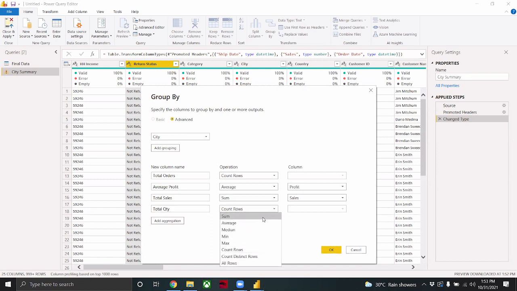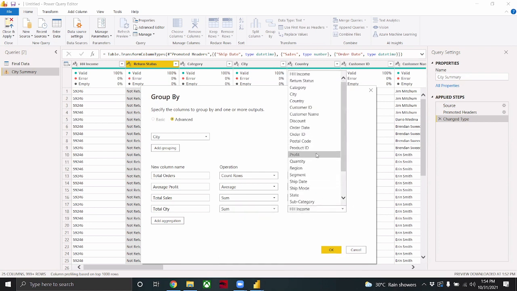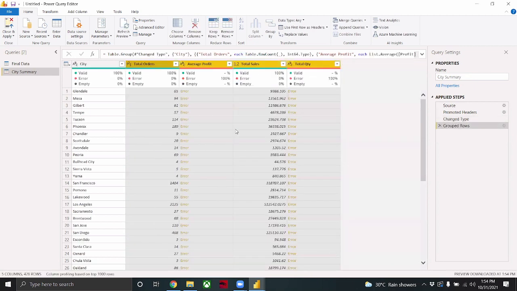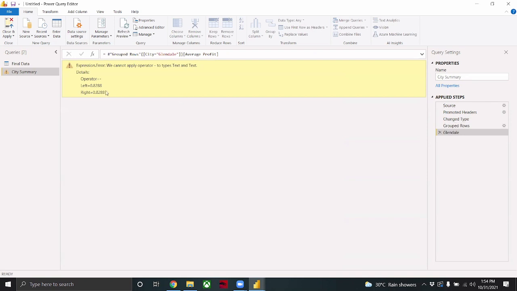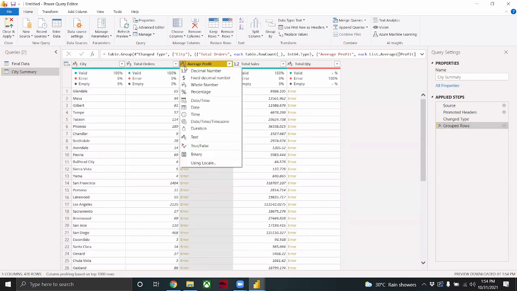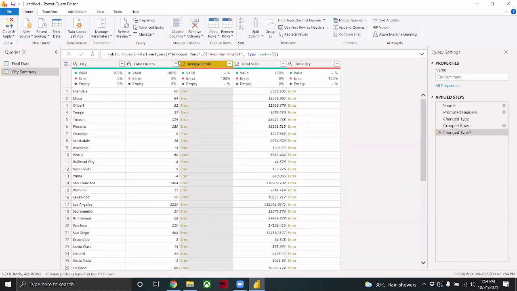So total quantity জন্য আমরা করতে পারি হচ্ছে sum of quantities, and then if we press okay, there. So profit একটা error দেখাচ্ছে. Why is this error? Let's click and find out. Left and right to types and type text. তার মানে একটা জিনিস হতে পারে যে প্রফিটের ক্ষেত্রে we need to go back and check that average profit text আকারে আছে, নিউমেরিক আকারে লাগবে, and এখানে চেঞ্জ করলে হবে না আমার